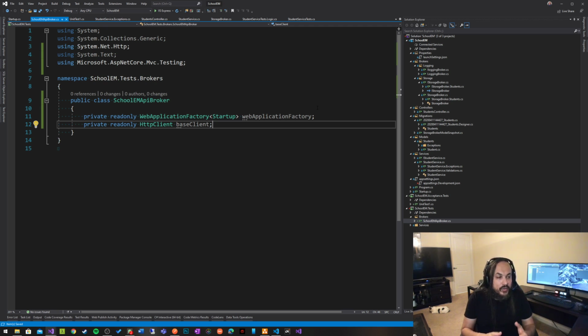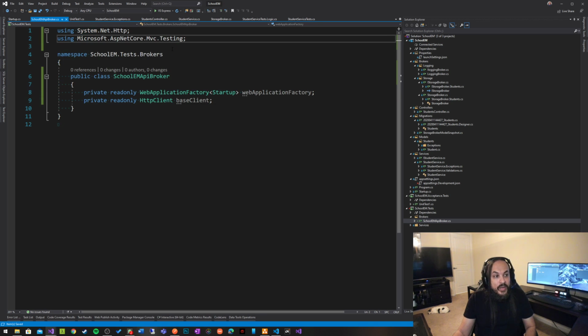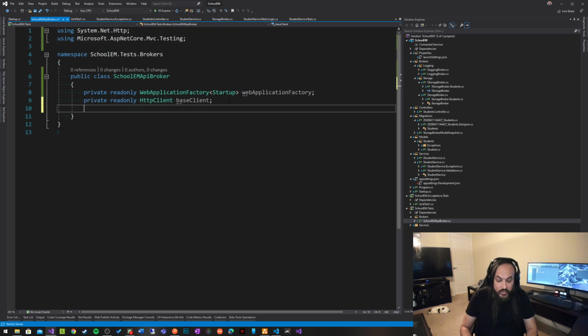It's called RESTful Sense. RESTful Sense is a very simple library that saves you the whole hassle of serializing and deserializing objects when you're passing them to an API, retrieving them from an API, or processing them. It abstracts all of that away. All you have to do is communicate as simply as with a method that's local to your application. I really highly recommend using the library. You don't have to use it, but if you don't want to bother with the details about serialization, deserialization, reading the stream and all that kind of stuff, I highly recommend using that service. So I'm just going to go here and say private read only RESTful